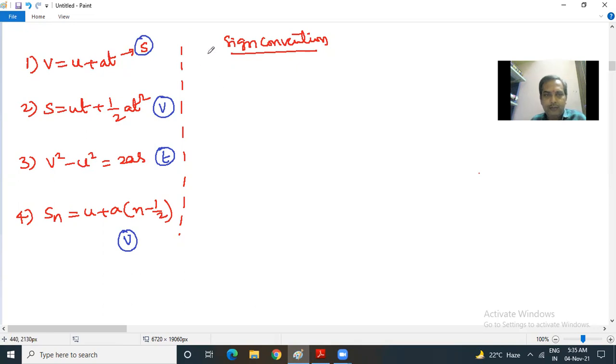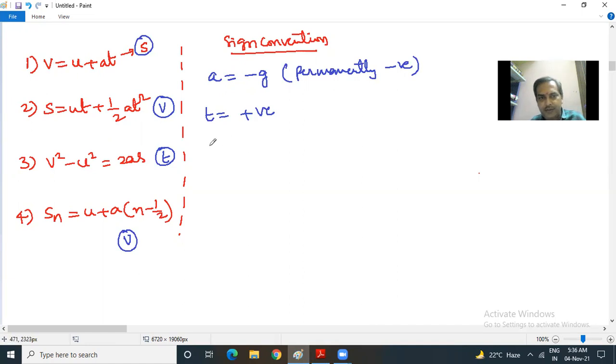Now, sign convention. While moving down, a is considered as g, but it is permanently negative, because the body is going to possess final velocity due to gravity. Gravity is permanently towards the center of the earth, so it is permanently negative. Then next, t is permanently positive because time always progresses. So excluding a and t, in every equation, only 2 quantities are left.